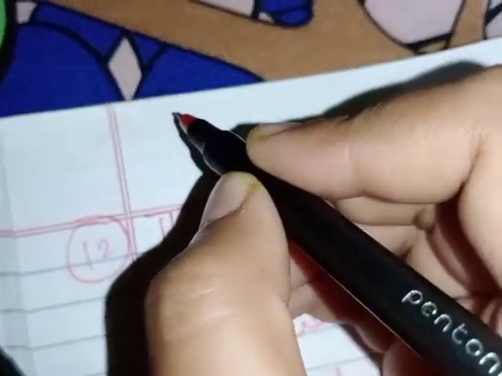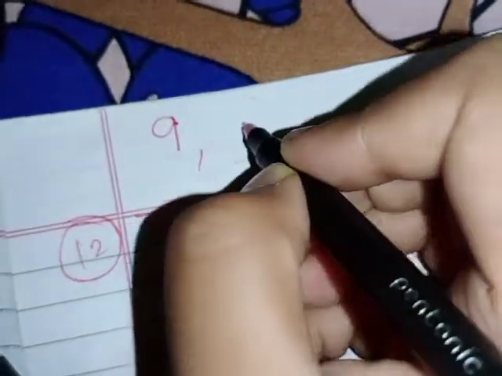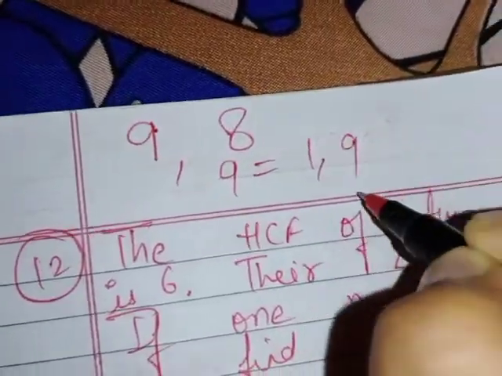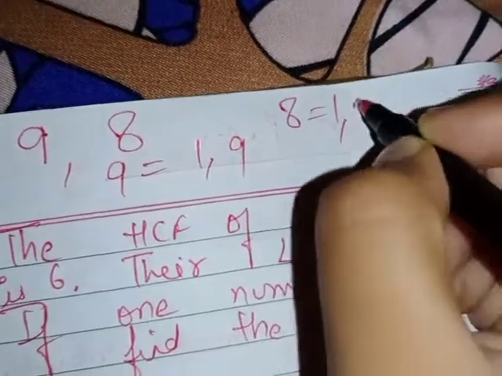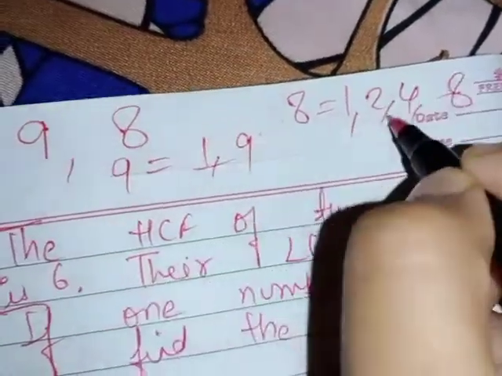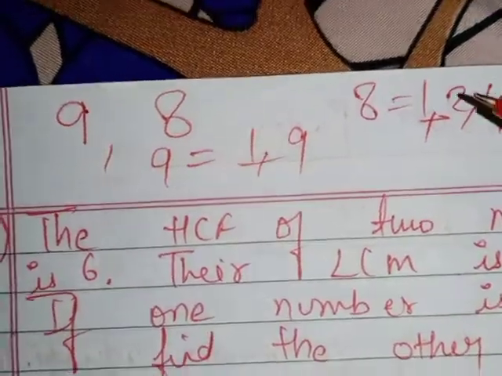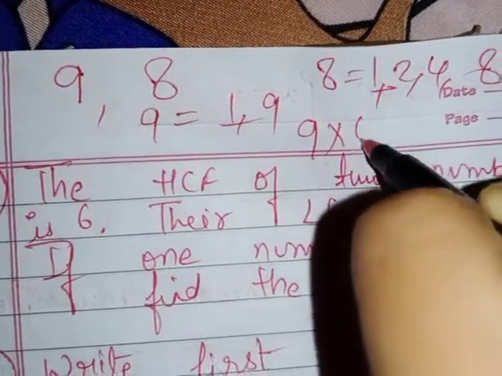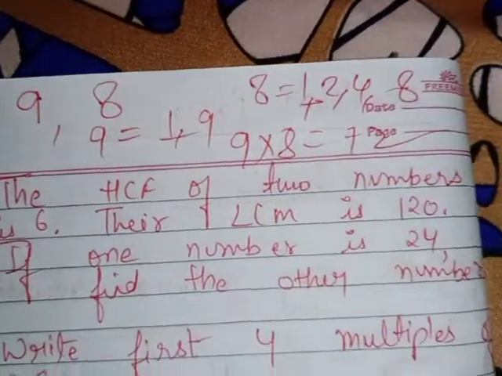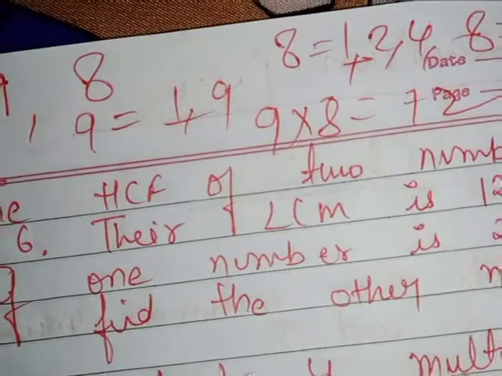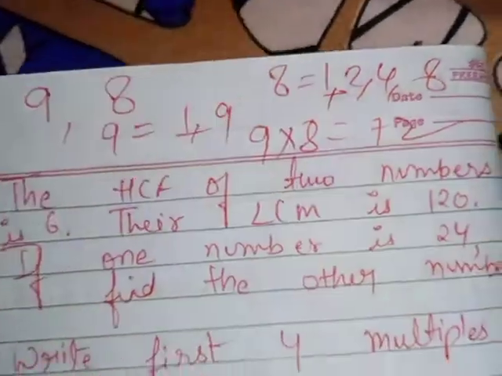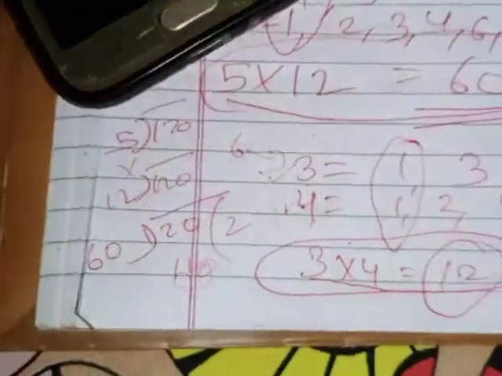We can take, okay, the numbers 9 and 8. We'll check. The factors of 9 are 1 and 9 and the factors of 8 are 1, 2, 4 and 8. The common factor is only 1, right? So you think in mind which other number it could be. With the product of 9 and 8, we know 72. So if a number is divisible by 8 and 9 both, that number will be divisible by 72 also. Clear?